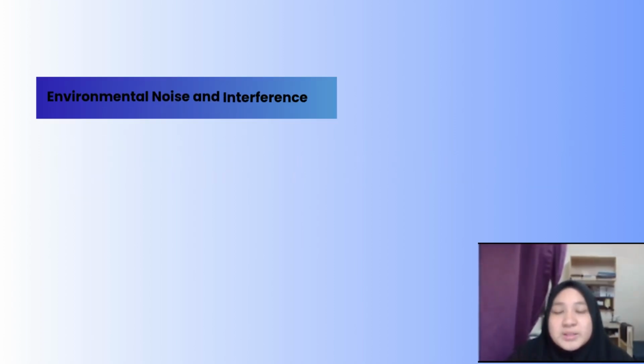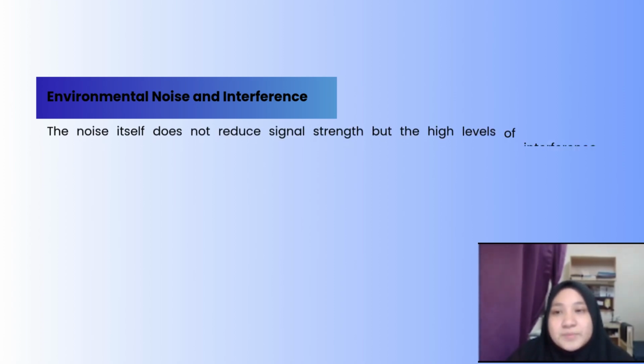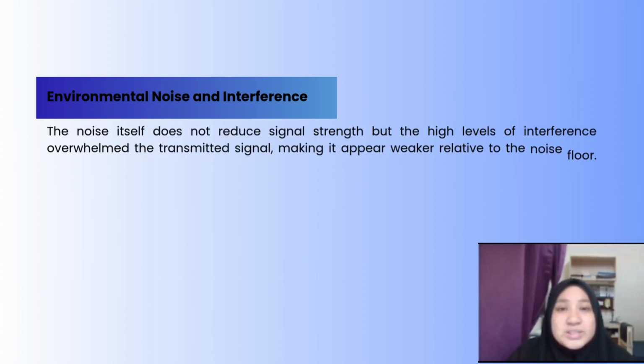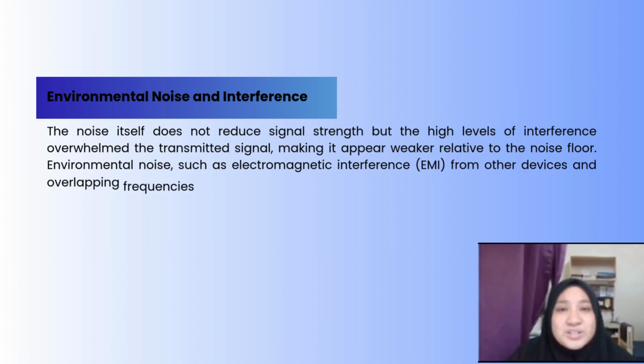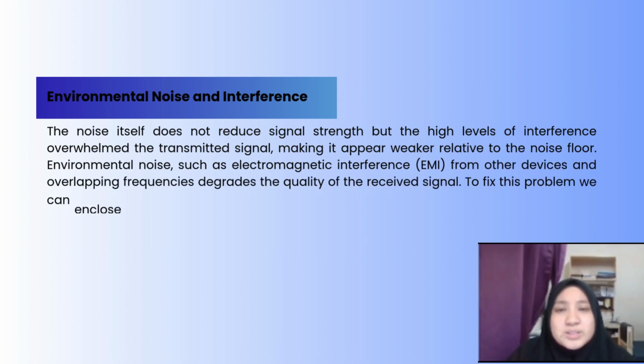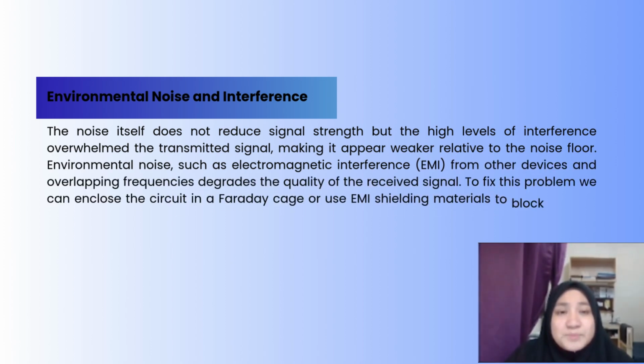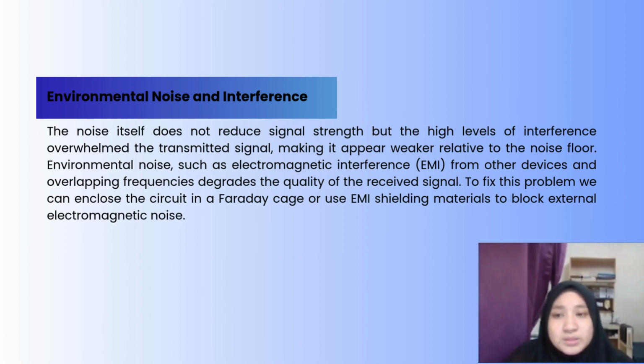Next, environmental noise and interference. The noise itself does not reduce signal strength, but the high level of interference overwhelms the transmitter signal, making it appear weaker relative to the noise floor. Environmental noise such as electromagnetic interference (EMI) from other devices and overlapping frequency degrade the quality of the received signal. To fix this problem, we can enclose the circuit in a Faraday cage or use EMI shielding material to block